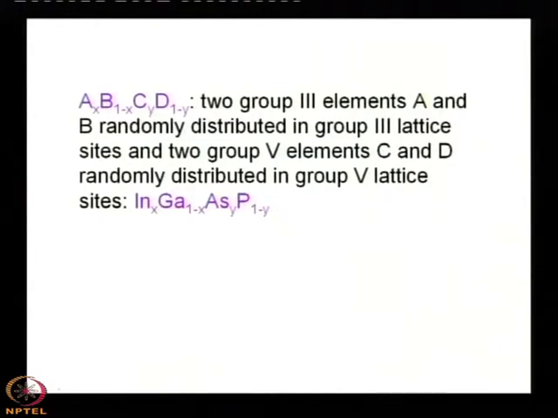But the thing is the same: if we are doping boron in silicon, then boron takes the sites of silicon. And the same is here, if I dope, boron can take the interstitial position.